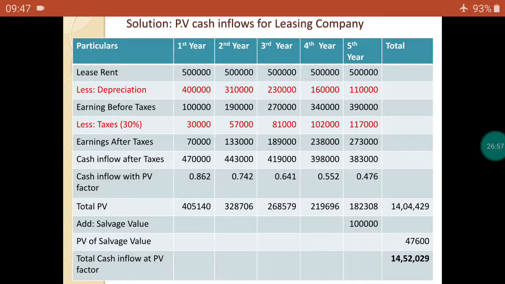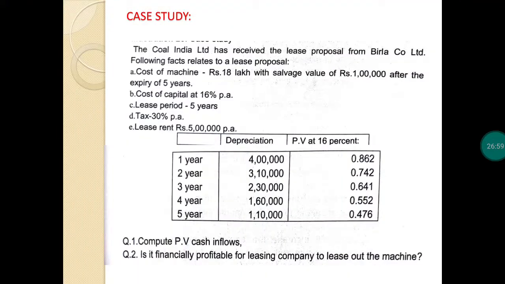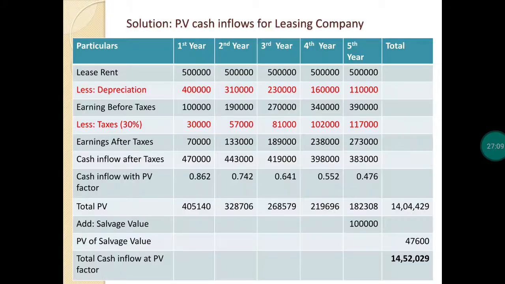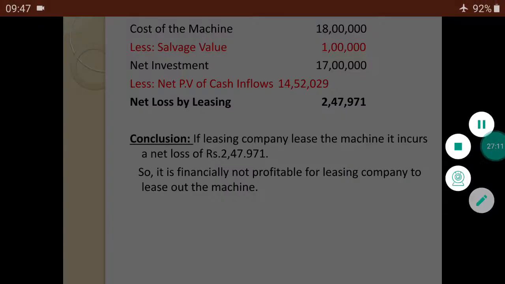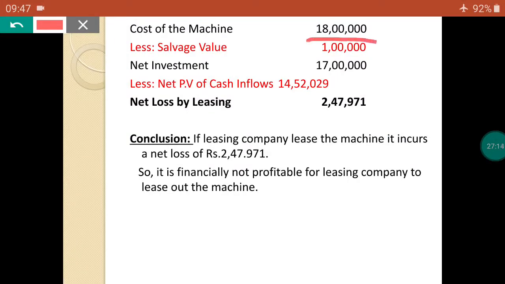Okay, the first question is over. For example, computing the PV of cash inflow. Now, the second question: is it financially profitable for the leasing company to lease out the machine? Okay. Now, cost of machine, they are providing 18 lakh rupees. Less salvage value is 1 lakh rupees. Net investment is 17 lakh. Okay. Next, less PV of cash inflows 14 lakh 52,000 rupees,